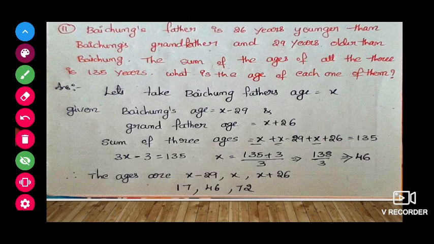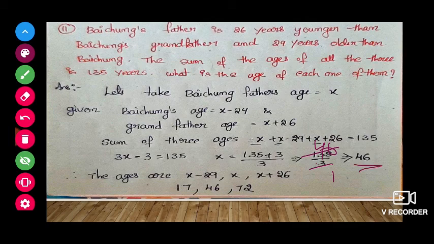So what we have to do, remaining all send that side. Minus 3, if it goes that side, it will become plus 3. Next here multiplication by 3, if it goes that side, it becomes division by 3. So all together x is equal to 135 plus 3 by 3. Now 135 plus 3, we will get 138 by 3. If we do cancellation, 3 ones are 3, 3 fours are 12, and remaining is 18, 3 sixes are 18, that is 46 is the answer.